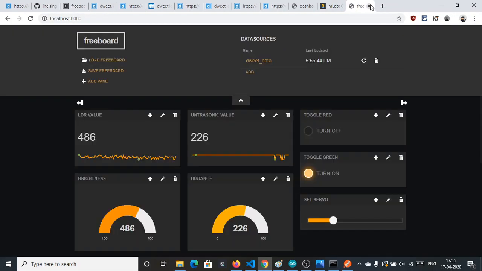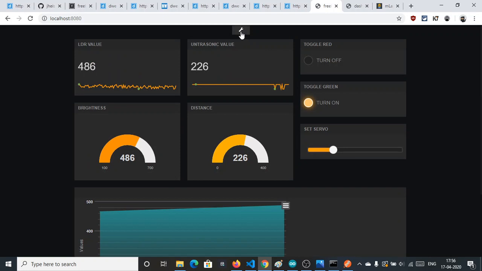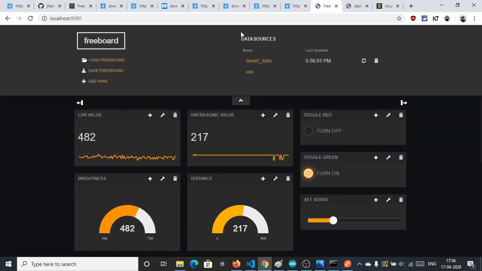Before the Node.js dashboard, we will discuss Freeboard.io. This is a very easy drag-and-drop based dashboard, and you can create it very simply. If you are sending a dashboard to your client, you can send it here. It is currently running on localhost, but you can deploy it. It's basically a simple index.html file, and you don't need to code anything. It is a drag-and-drop type dashboard, similar to Blynk, but working on PC.